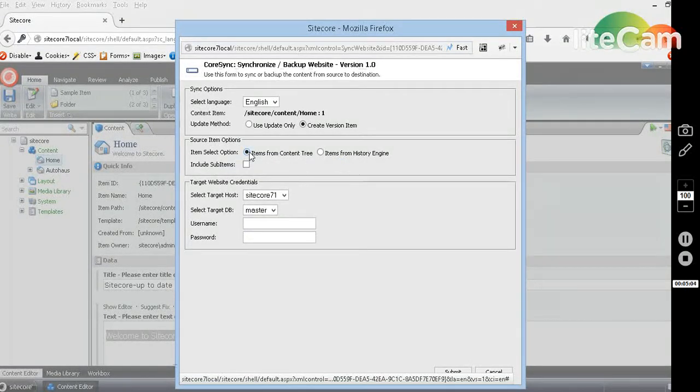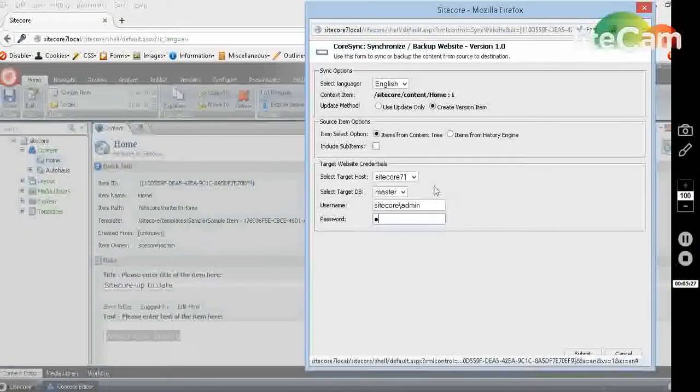So right now let's not go into that much complex situations. Let's do very simple things. So I'll just choose items from content tree, and I don't have sub items, so I'll not check this box. Sitecore 7.1 is basically my target instance. Master is my target database. I have to provide the authentication. So let me quickly provide it and say B. Before clicking on submit, I have to see that